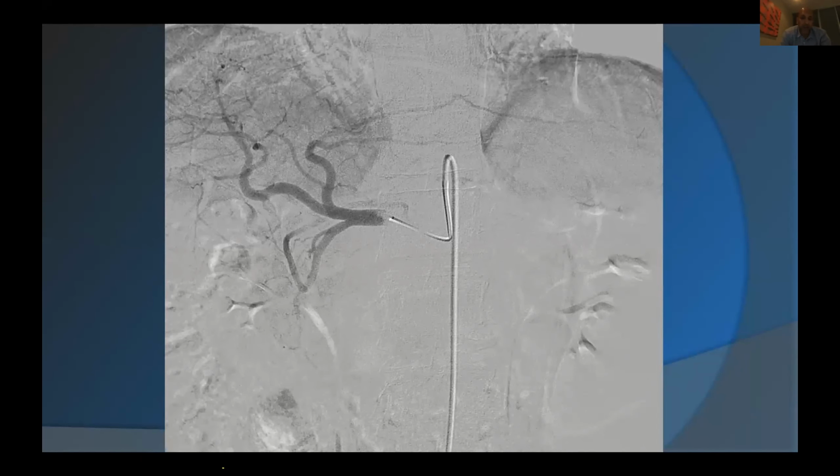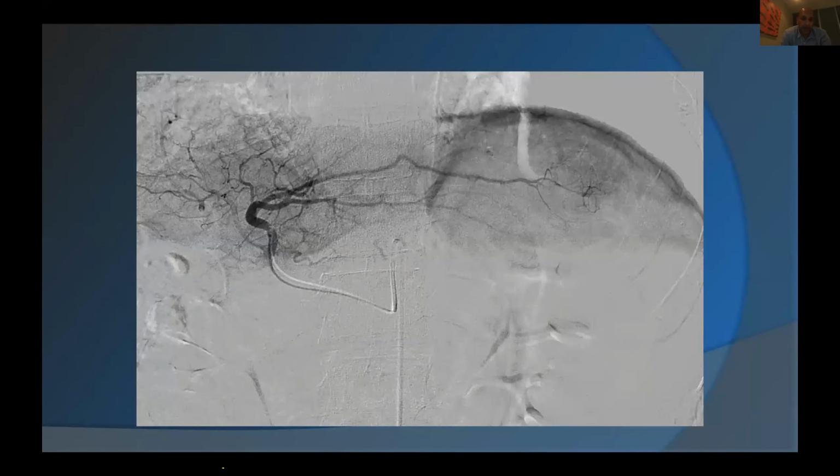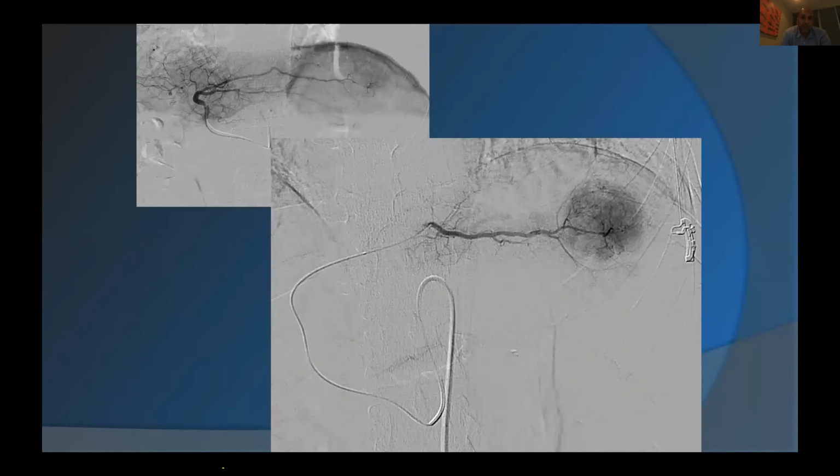Celiac angiogram, we're in the common hepatic artery, left hepatic artery, segment 2 branch, left hepatic artery. And just look at the turns of the catheter. This is super, super easy. It's November. I could have one of my fellows do this and sit back in the control area, drink my coffee. They could easily do this today without any of my assistance. And this is a half-an-hour case, start to finish.